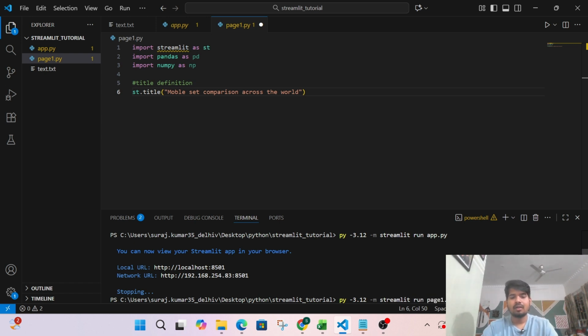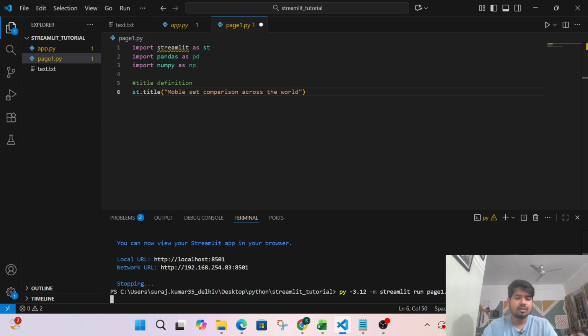page1.py. If you remember the last lecture, I told you that Streamlit is supported in 3.13 or below. So if you already have 3.14, you have to install a version smaller than 3.14, specify the version that you want to use here, and then run streamlit run with the file name. If you already have 3.12 as the default version, simply write streamlit run page1.py. Okay, if I run it,